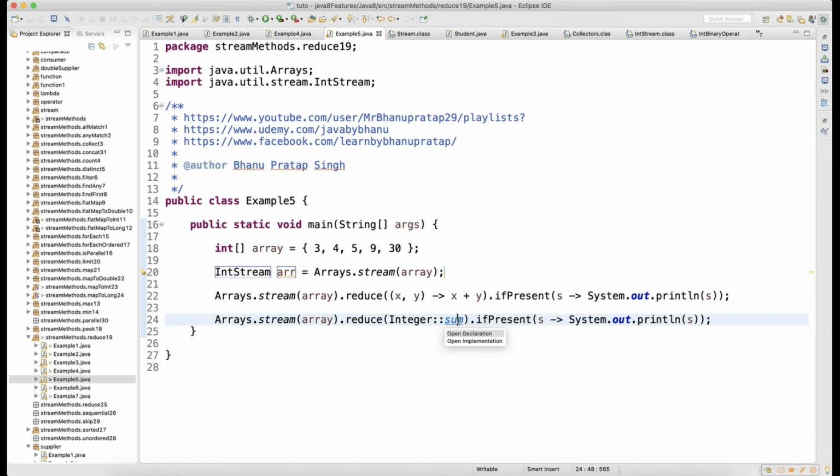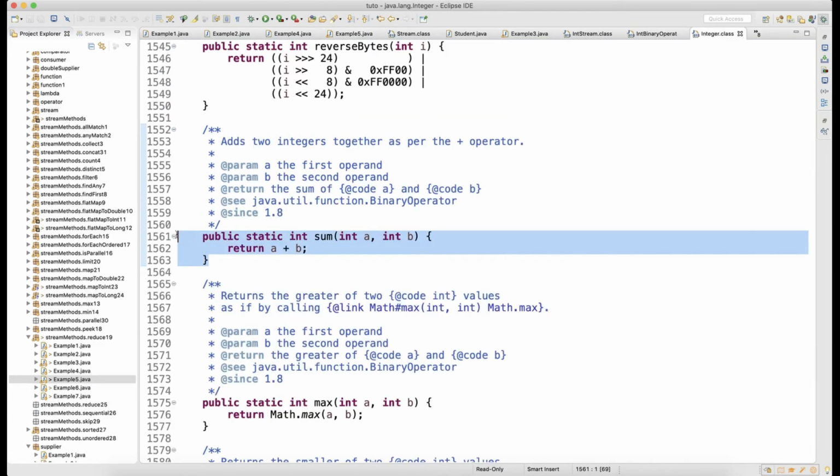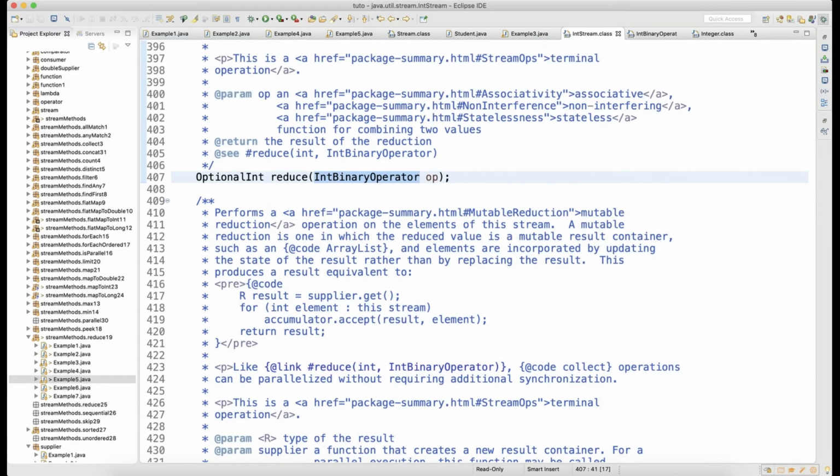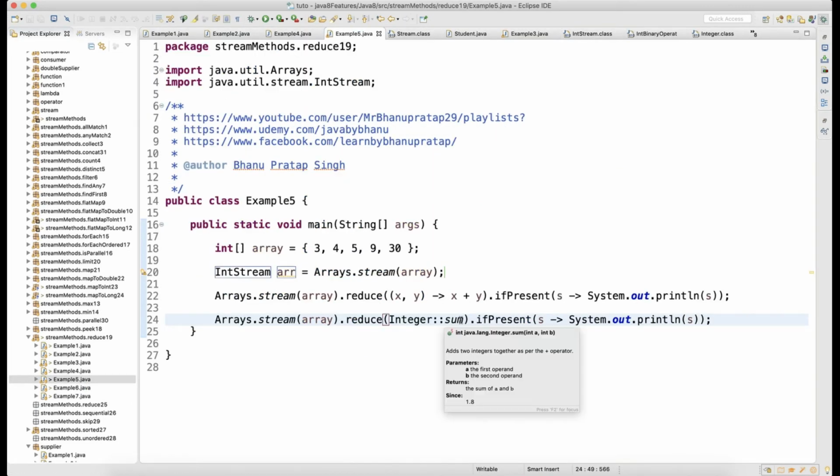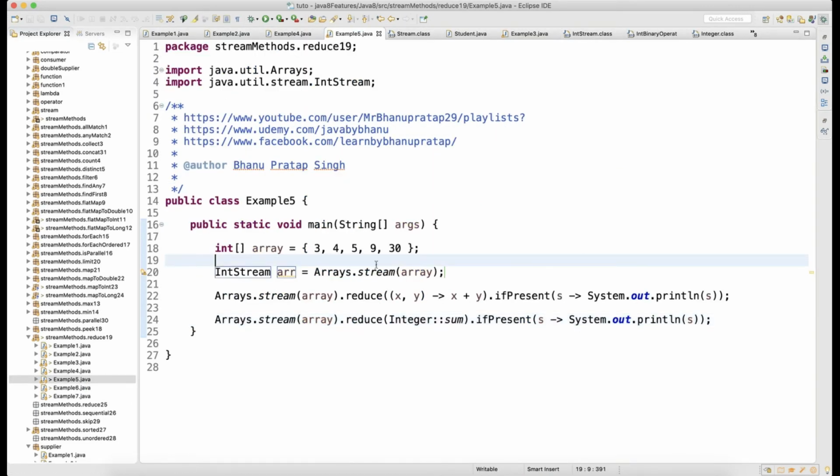So when you say Integer colon sum, and press control click on sum, you can see, this is the sum method, guys. If you go inside the Integer class, there is a sum method which takes two arguments and sums the numbers. The return type is int here. Now your function is smart enough to understand what it has to do.